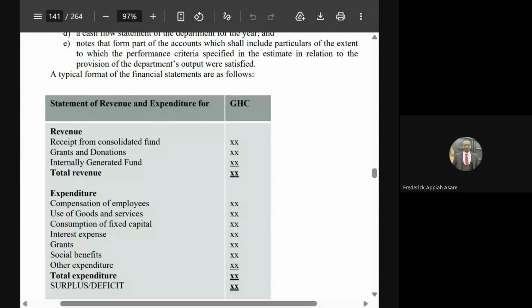Someone is asking whether you can get the WhatsApp page. Do you have the WhatsApp link? Have we created a WhatsApp page for the public sector? No, please. Can someone dedicate yourself? Please kindly put your number on the comment section so that everyone can contact you, especially the various course reps. If you're a course rep for each of the centers, kindly drop your number on the comment section so that we'll give it to the person who will dedicate himself to create the WhatsApp page for us.